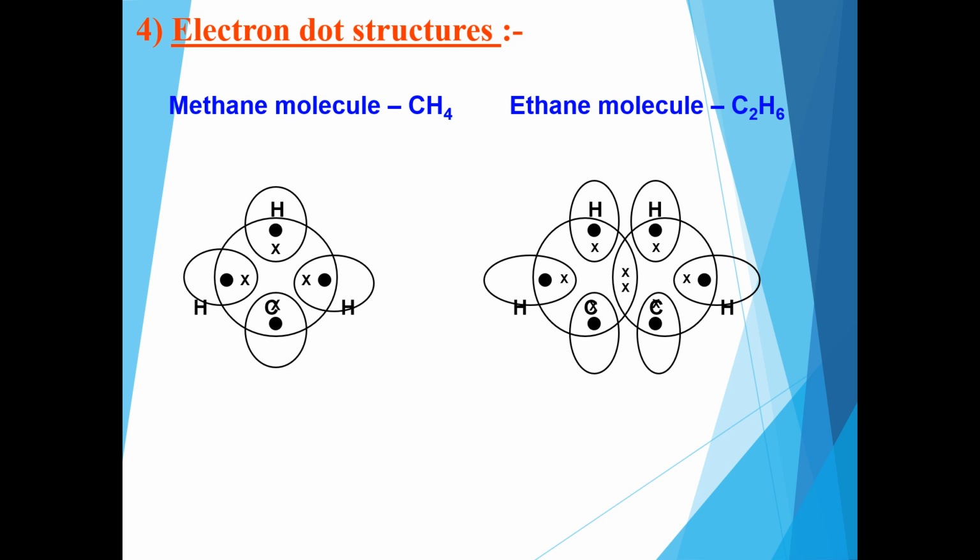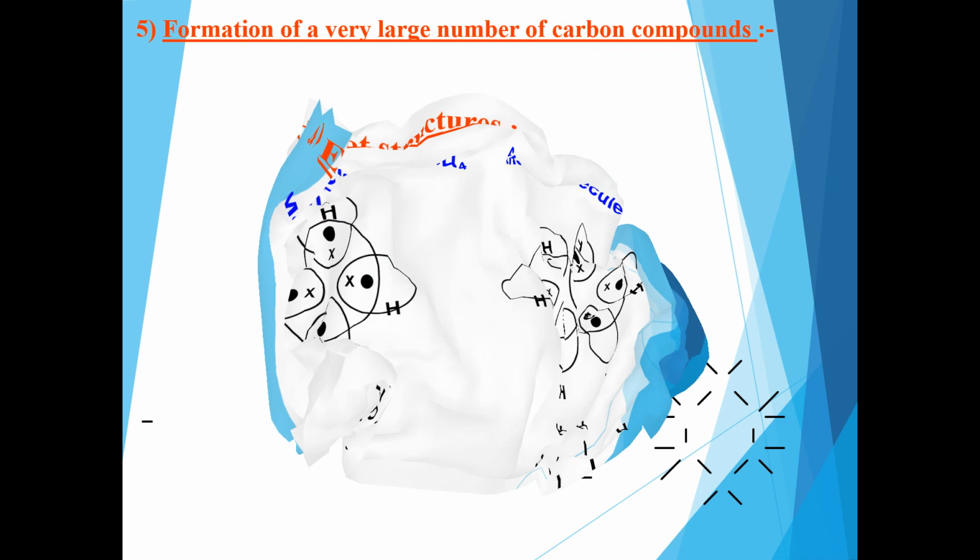Now let's talk about another molecule, ethane, having the formula C2H6. In the ethane molecule, each carbon will share its 3 electrons with 3 hydrogen atoms and one carbon-carbon single bond will be formed. This way the ethane molecule is formed. I hope it's clear to all of you. This way the bond of methane is also shown here, and the chemical bond in the ethane molecule is also shown. So we'll get this picture.